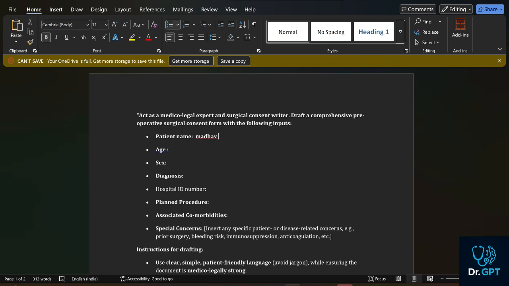Bleeding risk is different in a normal patient and in a patient who is on prior antiplatelets. In a patient on immunosuppressive drugs or anticoagulation, the risk will definitely be different. What I want is for you to take this prompt and fill in your patient name, age, sex, diagnosis, hospital ID and planned